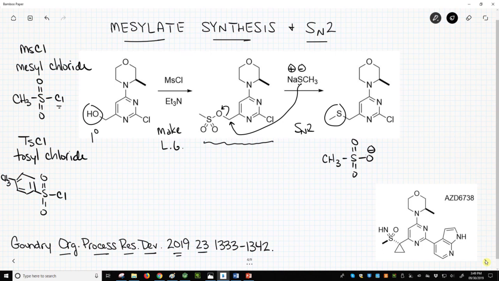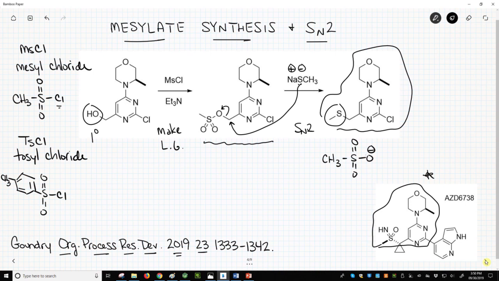While the product molecule is very nice in its own way, the product was carried forward by the AstraZeneca team to make the molecule shown in the bottom right corner of the slide. This is AZD6738, a molecule that is currently being evaluated in clinical trials for the treatment of certain types of cancer. You can see many of the features of our SN2 product included within the core